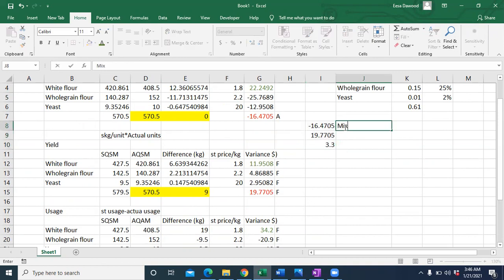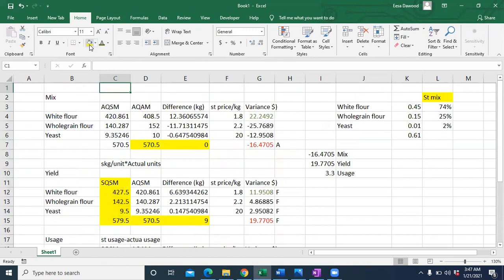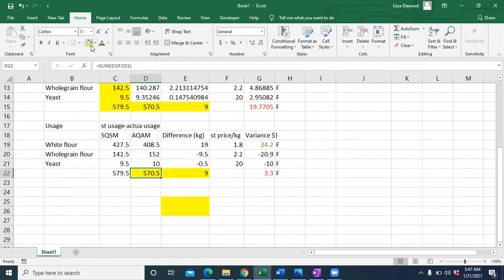This is mix variance, this is yield variance, so this is your usage variance, net of the two. I just took the first column of this and the second column of the mix, and there I go. That's the usage variance.